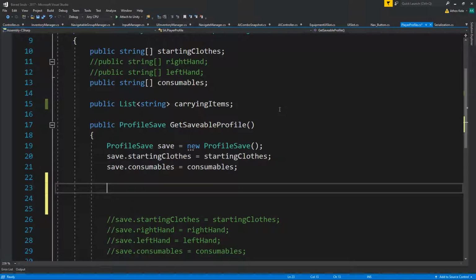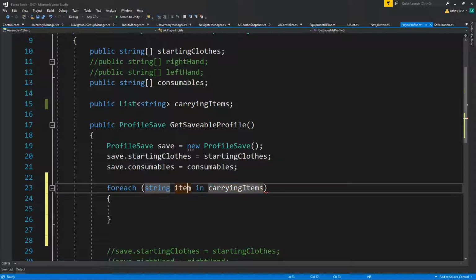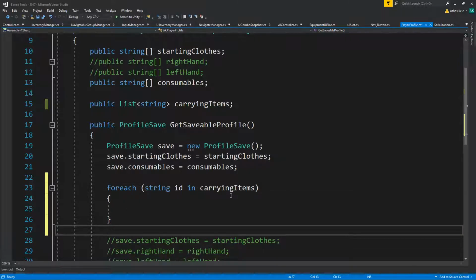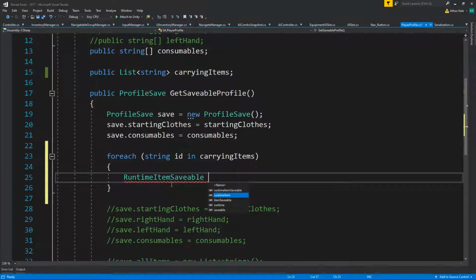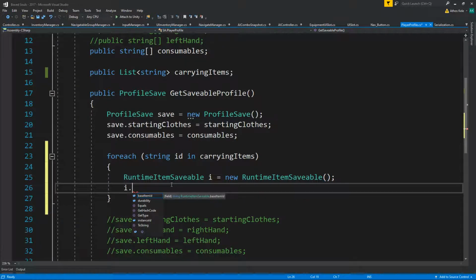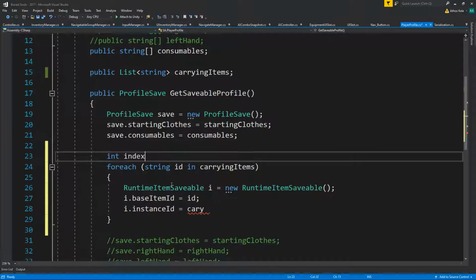So for each string in carrying items ID, we're going to create item, random item savable, where we'll do new random item savable I dot base item ID, that will be the ID, I dot instance ID can just be whatever, can just be, let's do integer index, and it will start from minus 10,000,